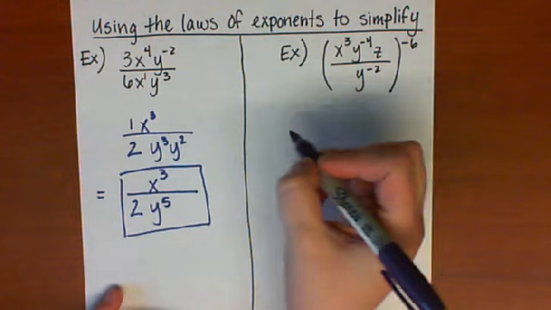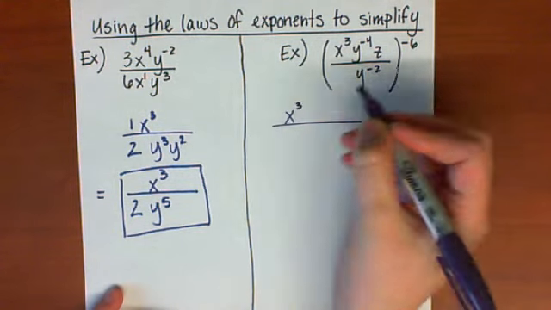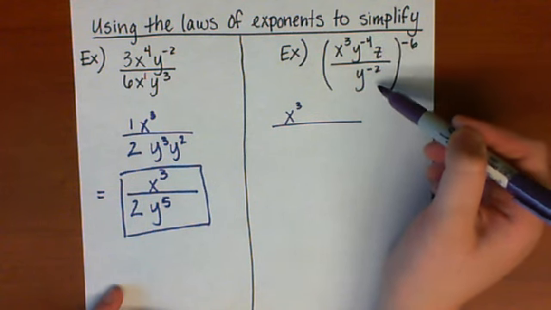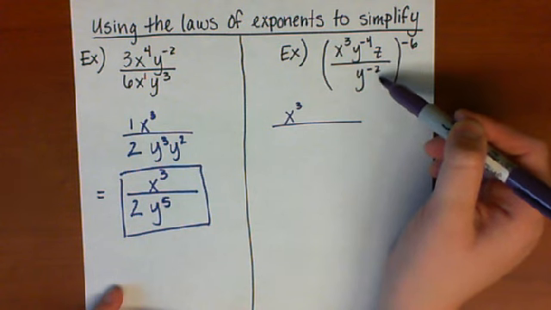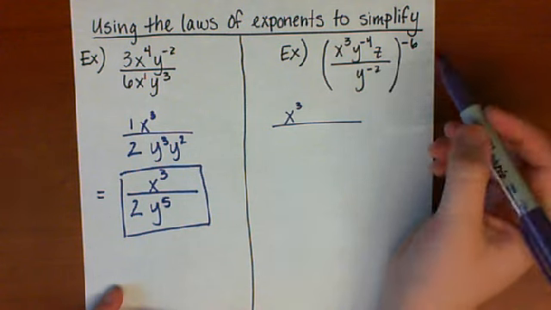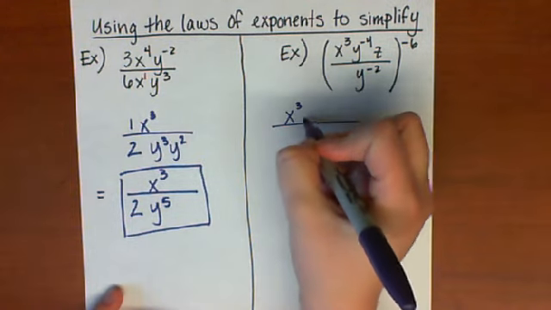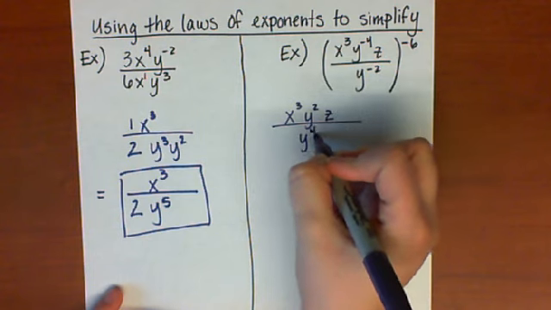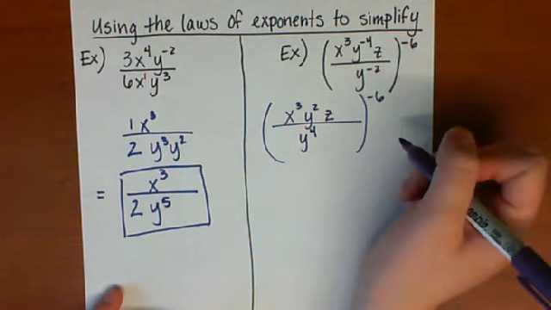I'll show you one. So we're going to start here with our fraction bar. We're going to keep the x cubed. Now I'm going to notice that this y to the negative 4th can go down into the denominator to get rid of this negative sign, and the y to the negative 2 can go up into the numerator. This isn't the only way to do this, but this is one way to do it. So I'm going to have y squared, and then I still have the z, and then y to the 4th in the denominator, and then all of this is still raised to the negative 6th power.